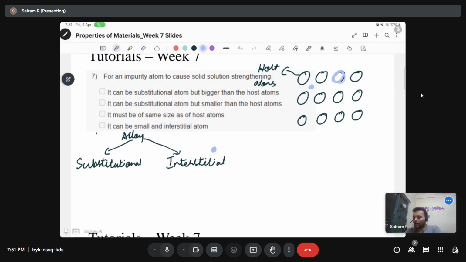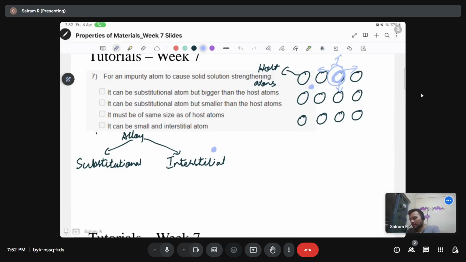So for it to have a strengthening effect, this substitutional atom can either be bigger, in which case it is going to displace the atoms to its sides, thereby having a compressive effect on the atoms in the surroundings, or